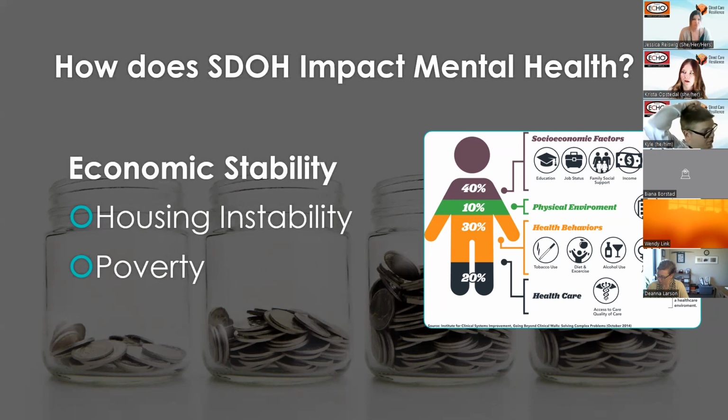Another socioeconomic factor includes housing instability. So housing instability includes a number of challenges. This could be having trouble paying rent. This could be overcrowding, if somebody is moving frequently, or if they're spending the bulk of their household income on housing. It is important to note that households are considered to be cost burdened if they spend more than 30% of their income on housing.